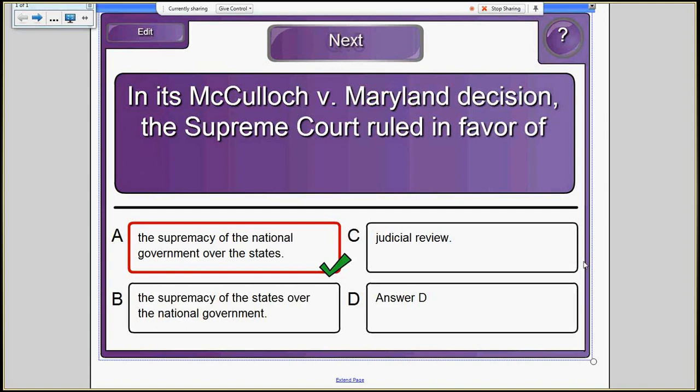Some of the wording they'll use on this is that the states cannot tax a federal entity, and they'll make the comment, the ruling, that the power to tax is the power to destroy. You'll also see terminology coming out of this case, such as the elastic clause, meaning Congress has the ability to stretch its power in order to carry out its duties. Term necessary and proper, meaning Congress can pass laws that are necessary and proper for it to carry out its duties.